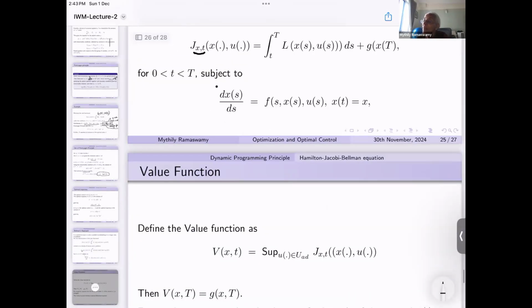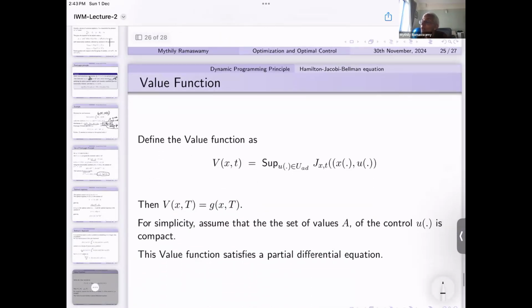Now I can define my value function. What is the value function? That is the maximum value of J for each x, t. So this value function will depend on the variables x as well as t. The supremum is taken over all the controls u in the admissible controls, and J depends on x dot and u dot, and then you talk about the supremum value, which is now a function of x and t. And if little t equals capital T, obviously,